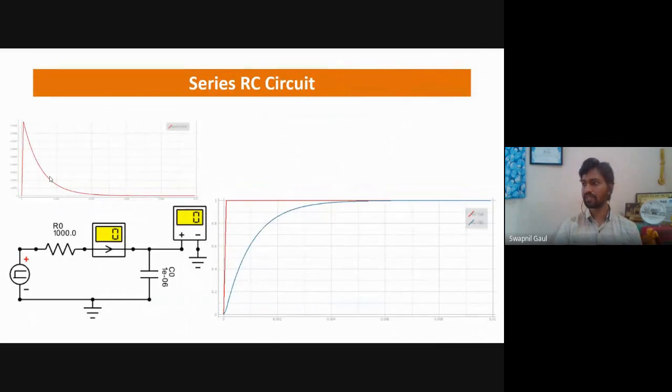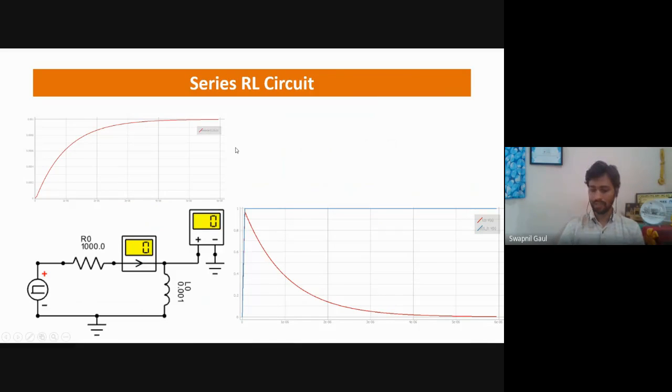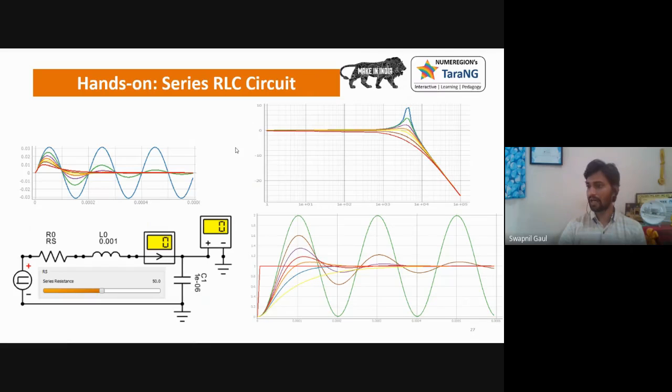So we saw some examples of circuit design in the morning, and then we simulated some diode circuits, RL, diode and all. But here in the RLC circuit, I had demonstrated that we can use a slider for a series resistance. We can change the slider just to demonstrate how the overdamped and underdamped responses will come. So in the time domain, it will show